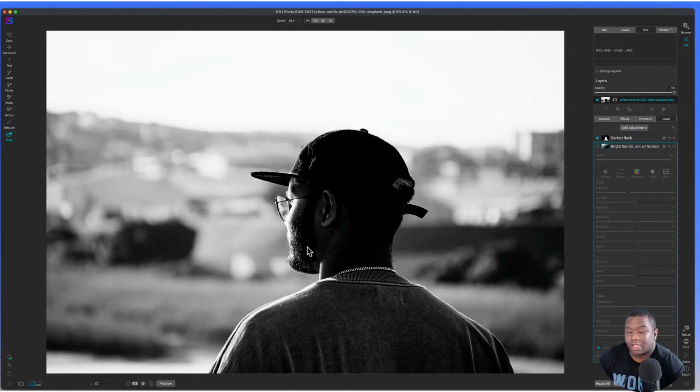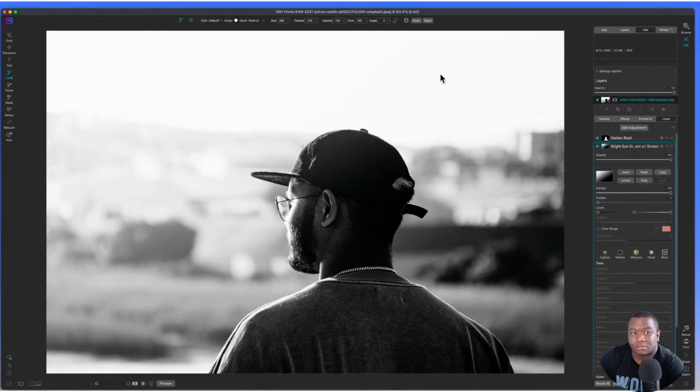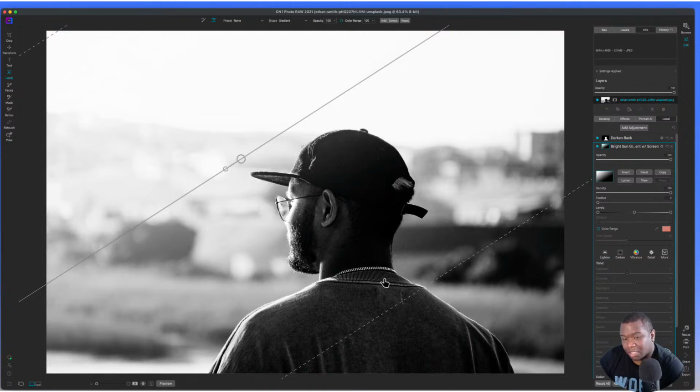Now, obviously, I'm using the overlay blend mode on the curves adjustment, but what I went ahead and did was I took a gradient, and I'll show this here. I took a gradient and I made it pretty large. It covers most of the photo. And I wanted the light to kind of fall off as it goes into the shadow here. I was taking some time to really say, okay, I want to make sure that the light falls off in